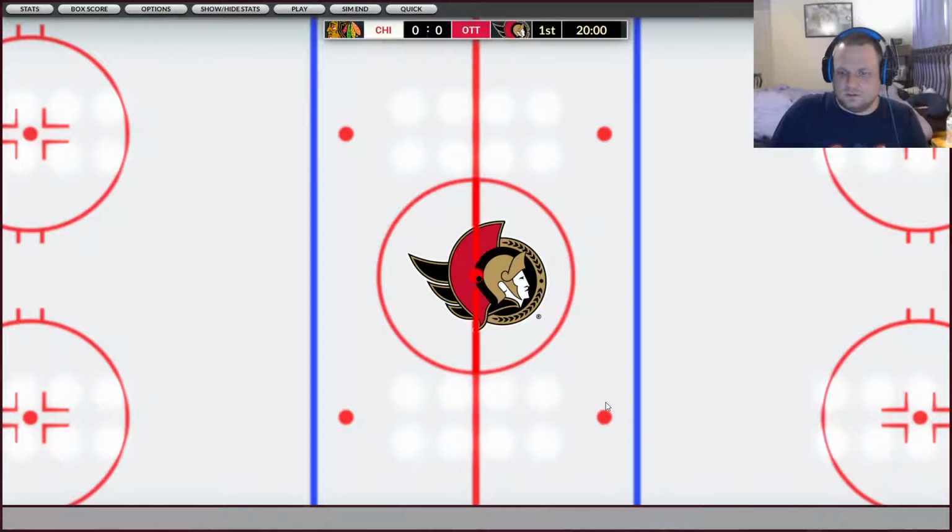So we talked about the dots, we talked about the line at center, we talked about the zones, we talked about icing, and now we're going to talk about another term that doesn't make much sense for newcomers to the sport of hockey: offsides. So what is an offside? As some of you might know already, I was born in Canada, but I live in the middle of the US where hockey is not super popular. So I've had to explain offsides a few times, and the best way that I found to explain it in layman's terms that makes sense for people